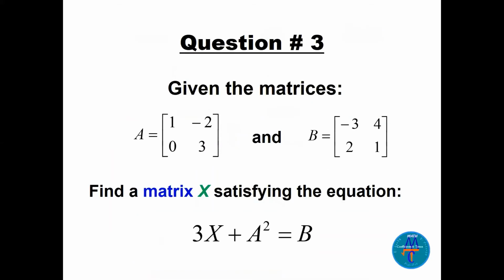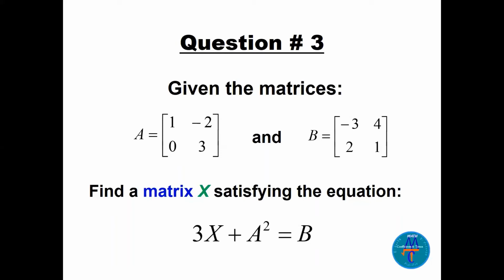It's not a difficult question. Question number 3 is nice. We have matrix A, matrix B. We need to find matrix X. So A is 1 minus 2, 0, 3. B minus 3, 4, 2, 1. Let's find the matrix X satisfying the equation